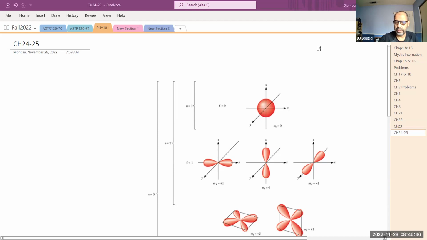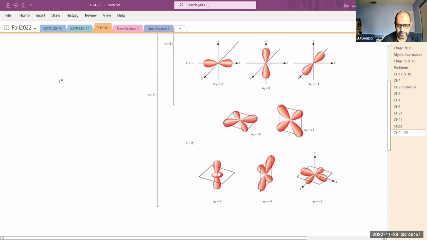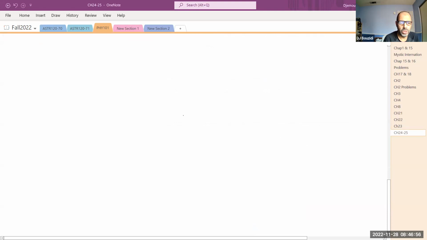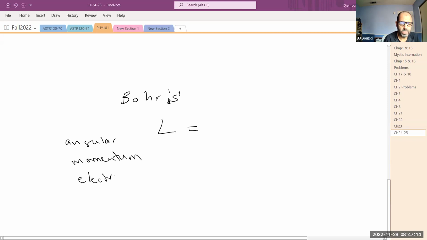But the idea here, in this chapter 24, first of all, there are 2 components for this discussion. Up to this point, we arrived at a model called Bohr's model. And just a reminder, Mr. Bohr's basic assumption was that the angular momentum of an electron orbiting the nucleus